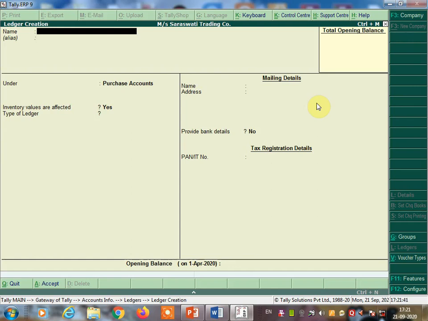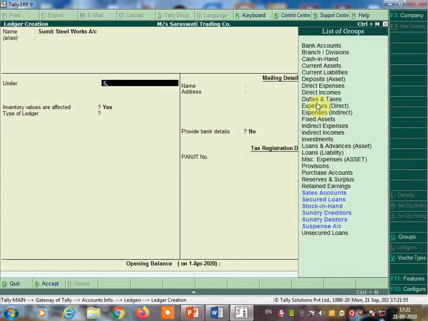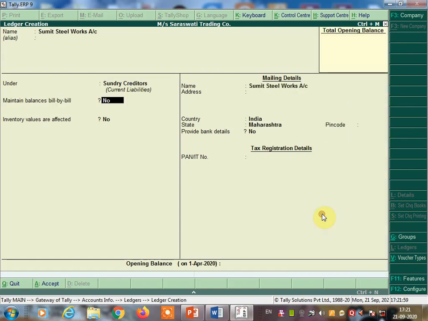So you can write here Sumit Steel Work account. It will go under sundry creditors. You can type sundry creditor here, or you can select it from the list of groups. It will go to current liabilities, because it's a creditor. Press enter key and accept this ledger.